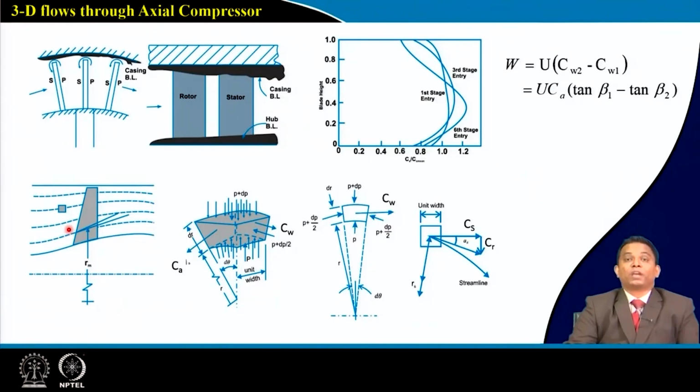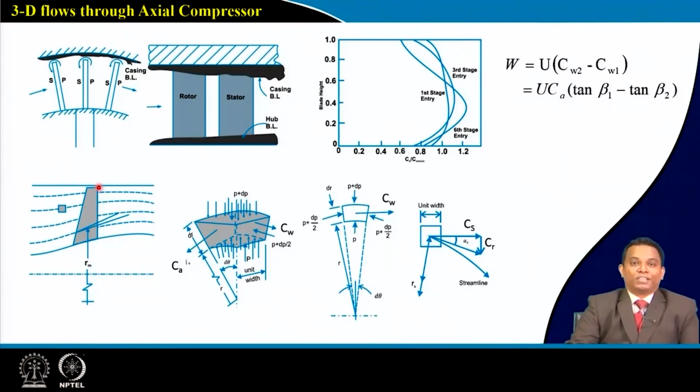and when I say my pressure is high, my density also will be higher, and my continuity says my density into area into velocity needs to be constant at entry as well as at the exit. Now suppose we are assuming our axial velocity to be constant, and if my density is increasing at the exit, we can say our flow passage will have lower area at the exit and higher area at the entry, meaning it will have a converging kind of passage. So you can see here, this is the kind of passage we will be getting at the exit of